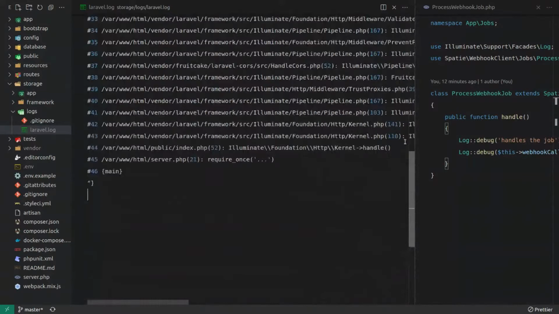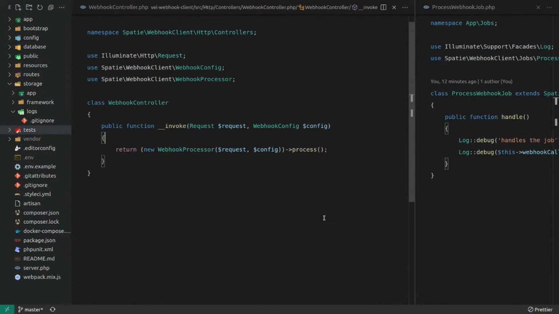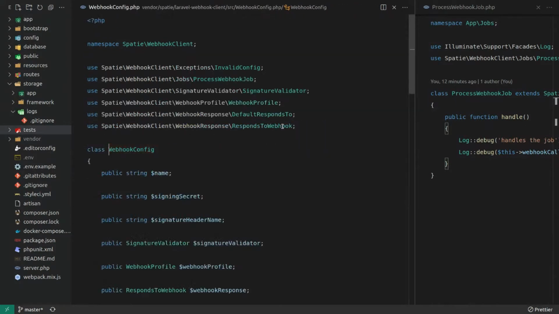All right, so maybe I am actually doing this wrong. Maybe backtrack a little bit here. I'll undo everything, make sure it was originally. Takes in the request. Okay, and it wants the webhook config. So it looks like the problem might actually be happening here.